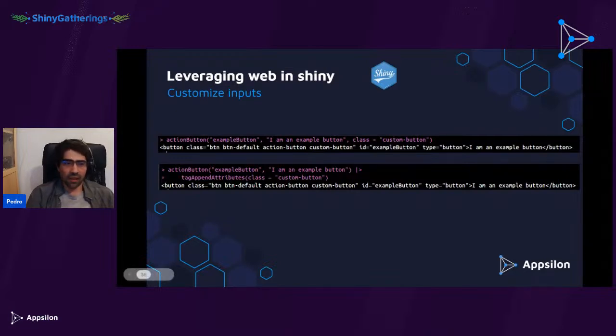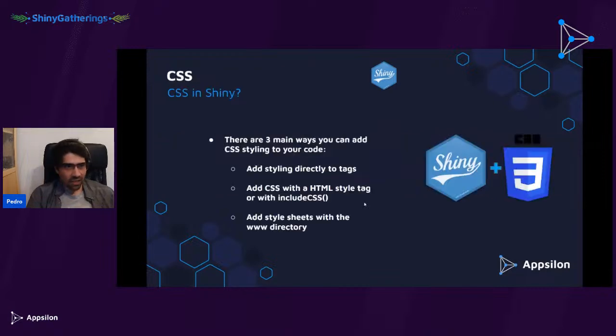The cool thing here is that even if there is no ellipsis or no specific argument to do that, it will also work. Okay, so any of these would work. Our button now has a custom button class. Now we just need to add the CSS.